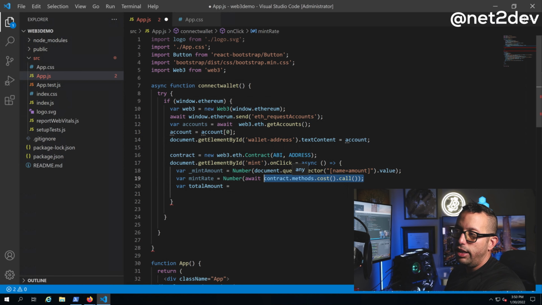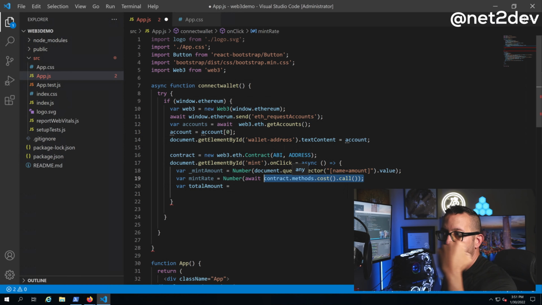So this basically is me telling React, hey, using the Web3 connection, grab that value of that NFT, and then it just goes to the smart contract, reads what's the value that I configured on the smart contract when I minted it, and then it's just going to store it here. So then we can use that to calculate the final value, so the user knows how much he needs to pay to get an